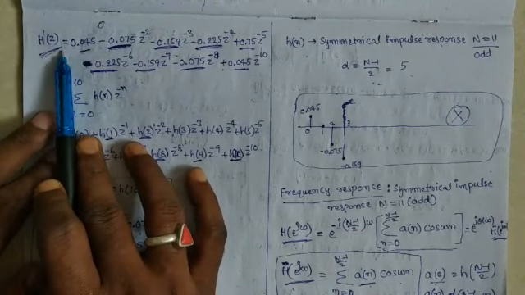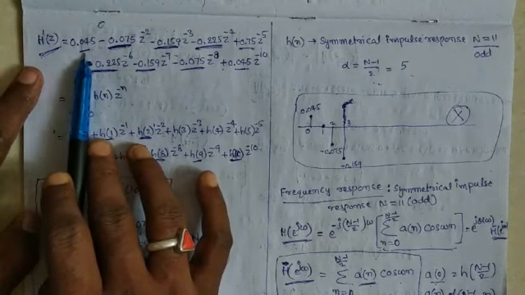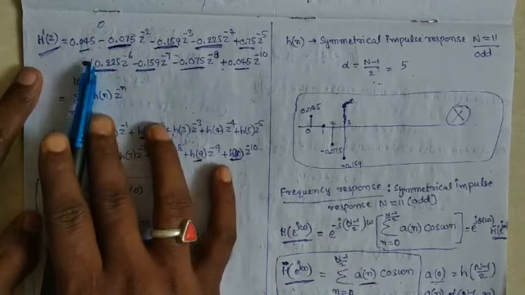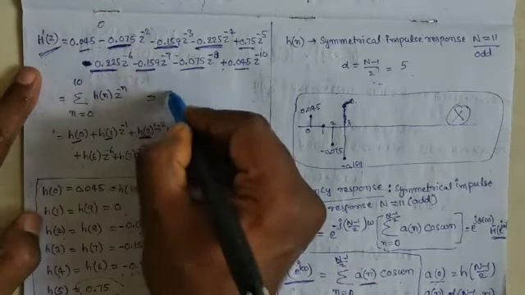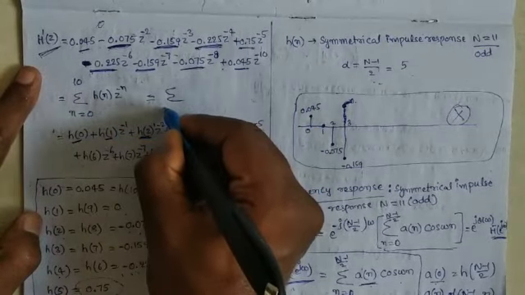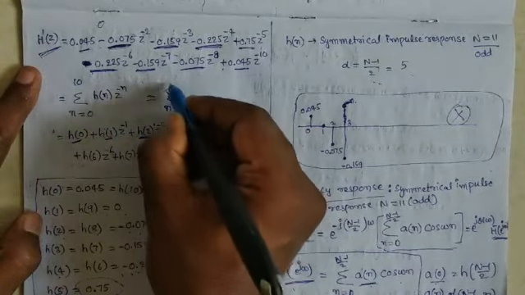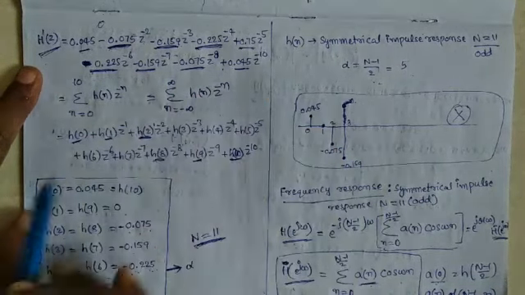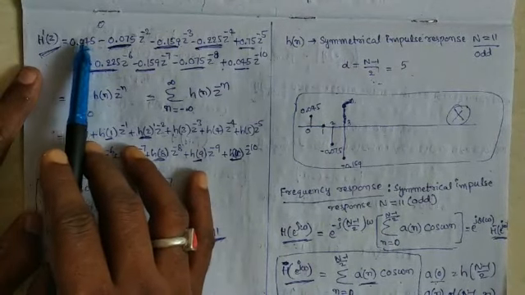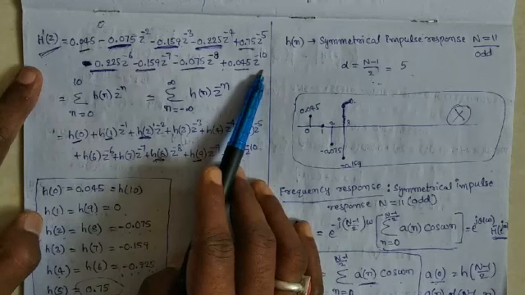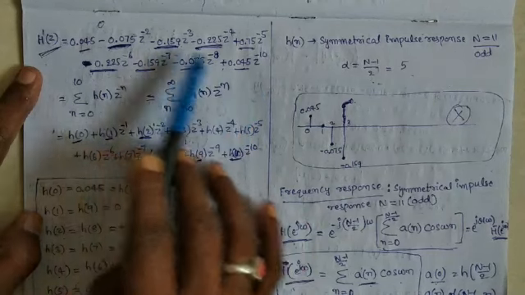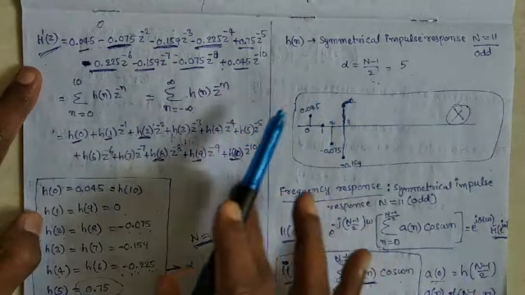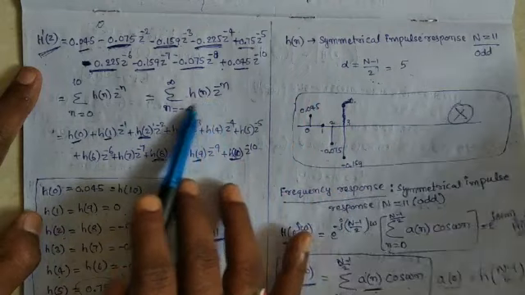Here from this we are determining the impulse response it is. Here how we can determine impulse response? We are comparing this equation with what actually, how to determine the h dash of z? Summation n is equal to minus infinity to infinity h of n into z power minus n it is. But it is defined from what? N is equal to 0 to 10 it is, positive values. N is equal to 0 to 10. Here remaining values it is 0. H of n is 0 it is.